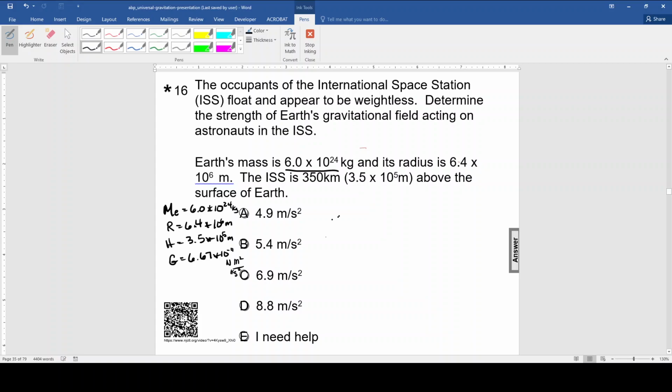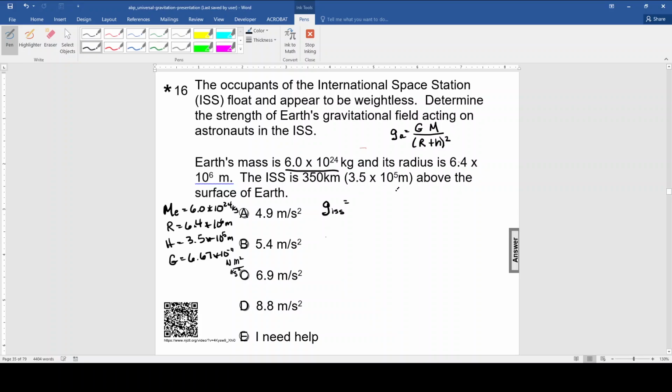The gravitational field of the International Space Station, let me write, the gravitational field of A equals large gravitational constant times the mass, over the radius of your object, plus the height from that object,